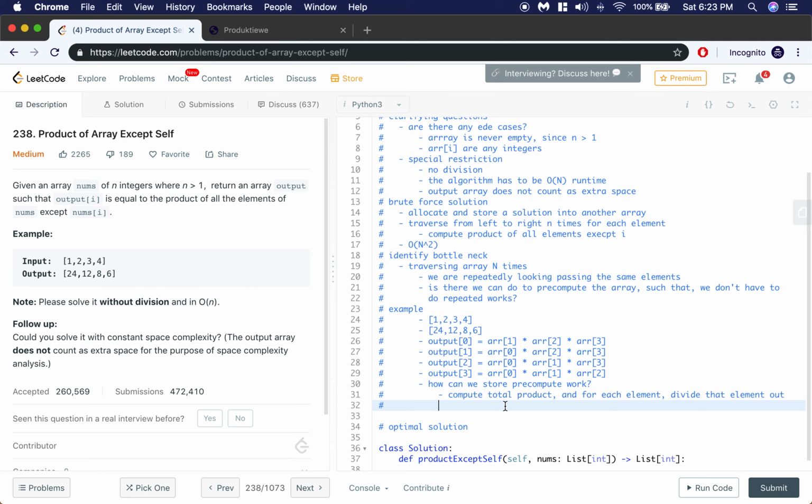Let's see. If we are given the option of using extra space, what we could have also done is